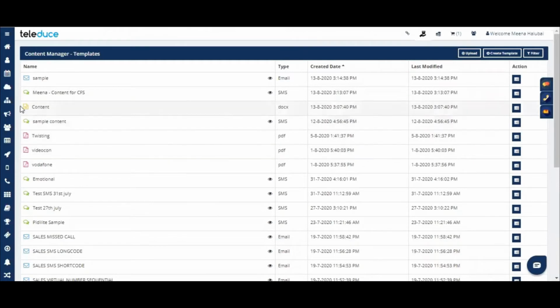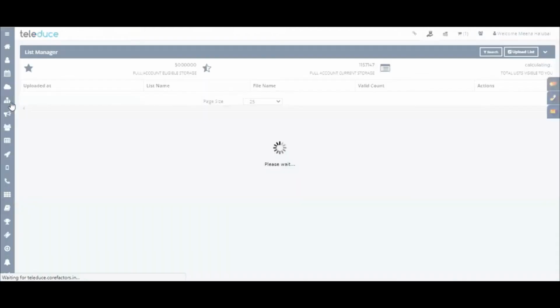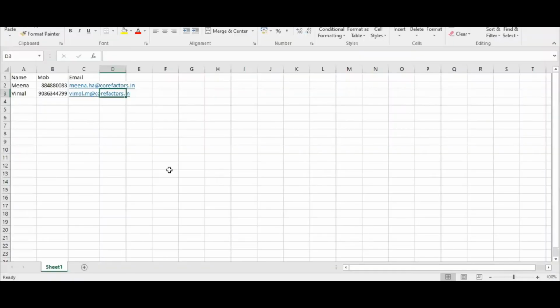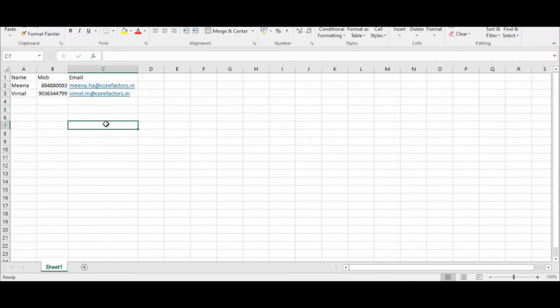Now coming to learning how to manage your database. So what is list management? Under Teledues, list management will help you store your database, which is there in your Excel file. Okay, so for example, I already have an Excel file with me that I'm just opening up for you. So this Excel file I just created, and I have given a header.